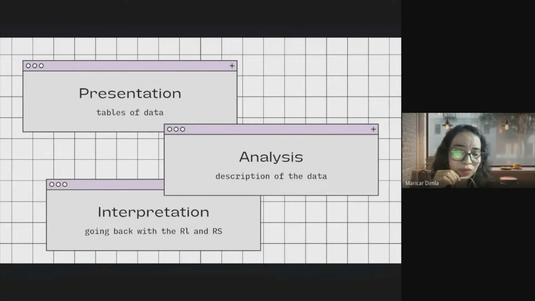Maybe some think they are the same, ma'am. Right? When you get to college, class, your professor may ask you, what do you mean by analyzing the data and providing interpretation? You might have a heart attack because you forgot. So it's easy, class, to provide the differences of the 3. Class, when we say presentation, we are dealing with the tables or your graphs.